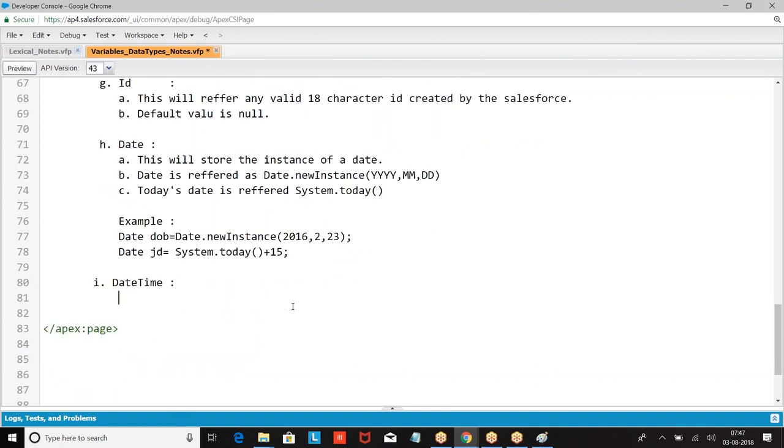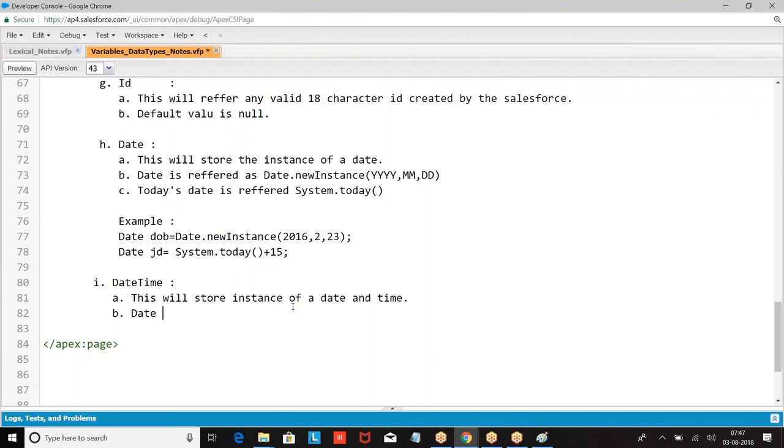When I say datetime type, you store an instance of a date and time.